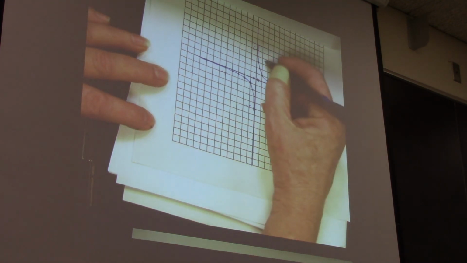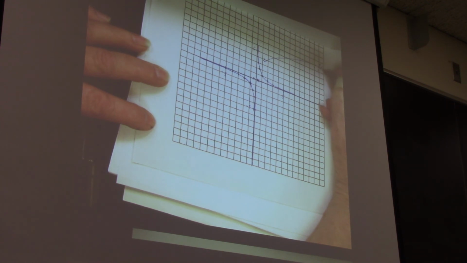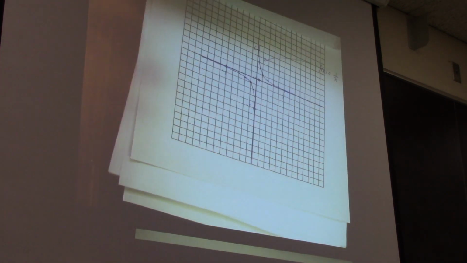Okay, this is what my graph of f of x equals 1 over x looks